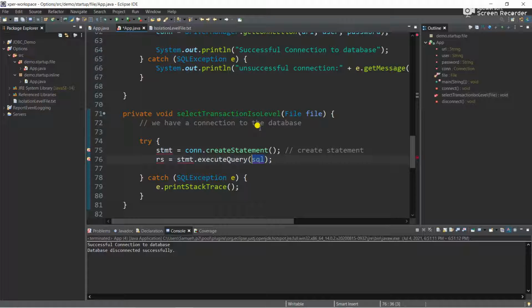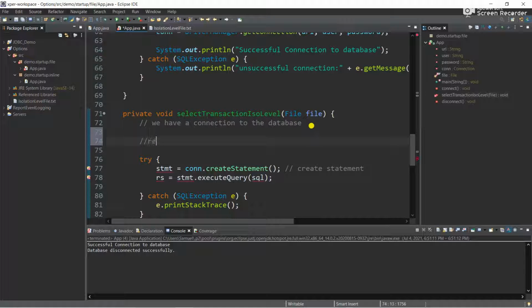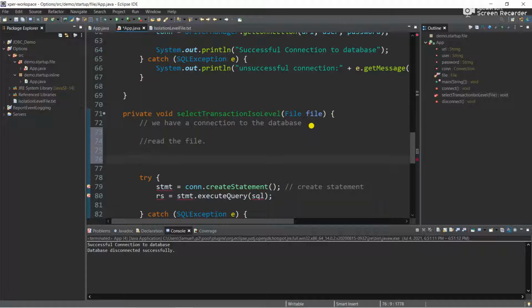We have to be able to read the file. So we have connection to the database. Here we do. Then now we have to be able to read the file. Once we are done reading the file, so we want to read the file. So let's have some comment here, some steps. Read the file. Once you're able to read the file, what do we want to do? We want to